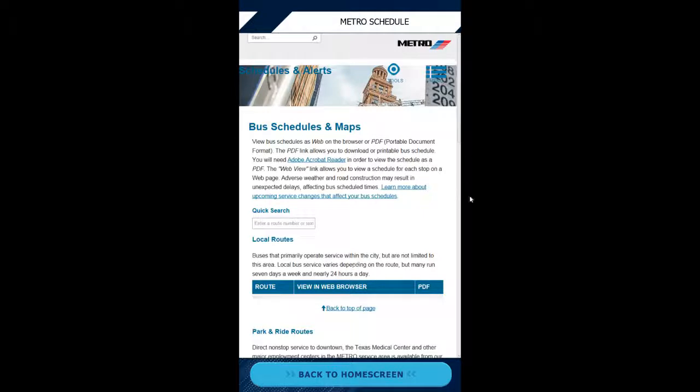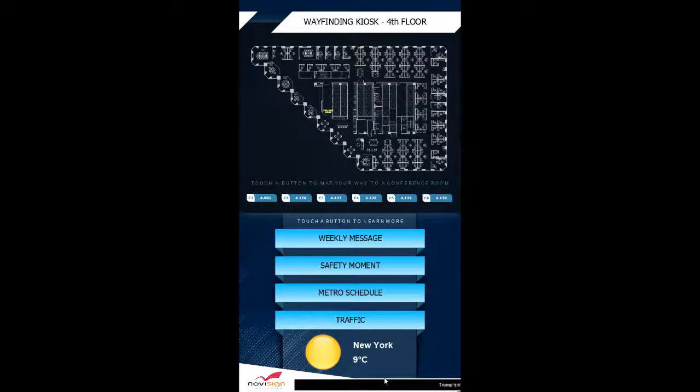So within the kiosk itself, you can navigate through a web page. Notice on the top here, we don't have any back buttons, home buttons, or search buttons, so they cannot get off of the website itself. Overall, a touchscreen kiosk for corporate communications can be used for many things, not just necessarily